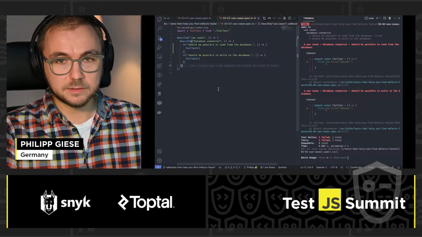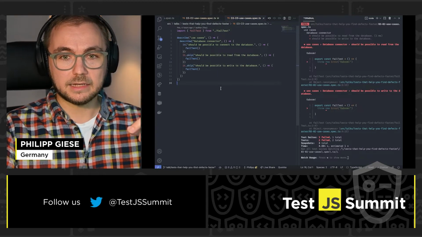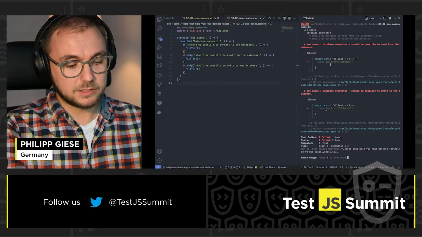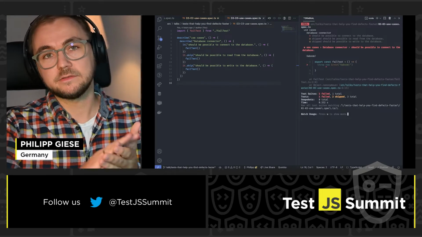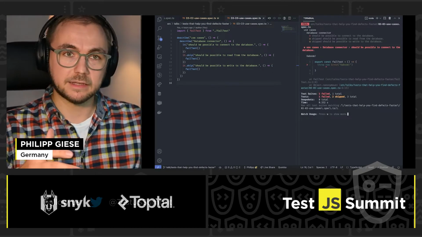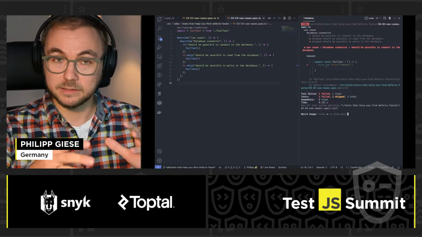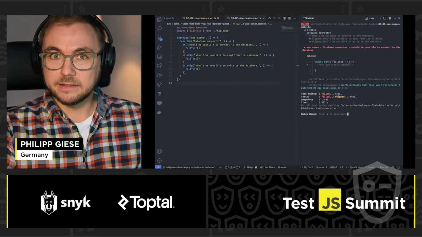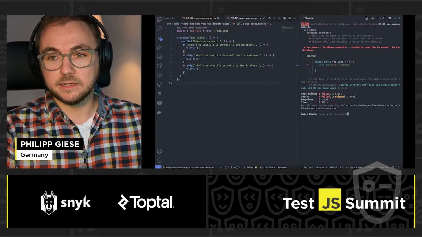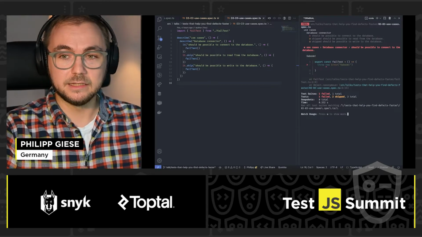So this would be the last improvement I would make to this. Add a third test that just looks for the connection. So if the connection test fails and the reading and the writing also fail, okay, it's definitely going to be the connection. At least there is an issue there. And it's very likely that this affects also the reading and writing specs,